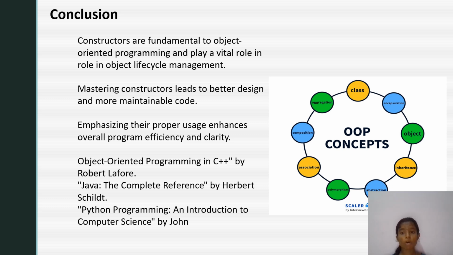We have covered concepts like class, aggregation, encapsulation, composition, object association, polymorphism, abstraction, and inheritance. You can also refer to the book Object-Oriented Programming in C++ by Robert Lafore, The Complete Reference by Herbert Schildt, and Python Programming like Introduction to Computer Science by